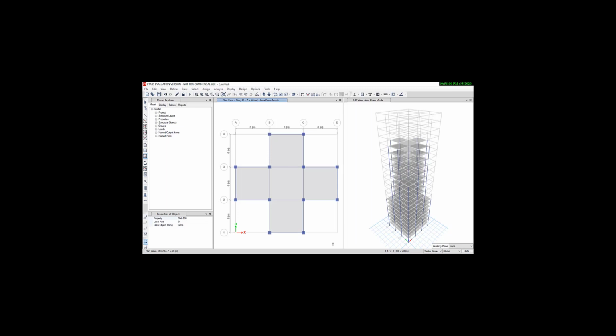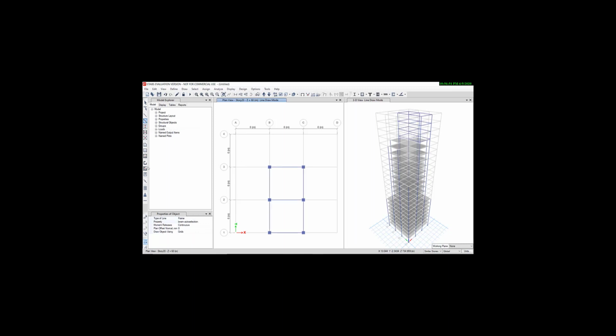Now go on story 20 to story 23. Again do the same process as from story 1 to story 19. Then go on quick draw column, select column from here to here. Do the same process for beam.